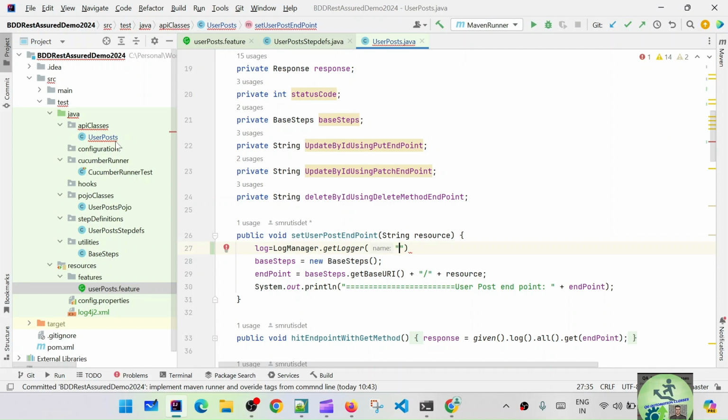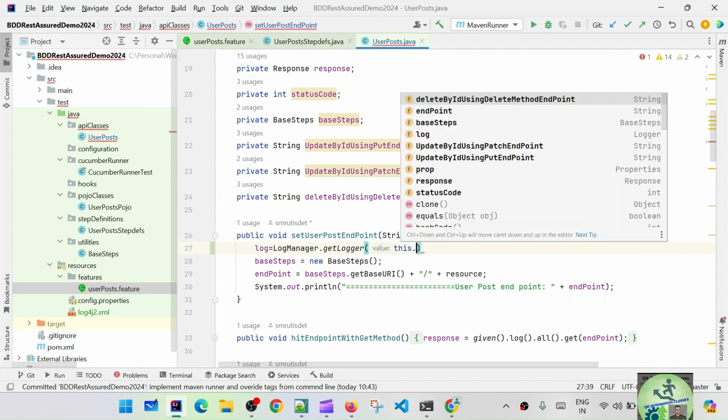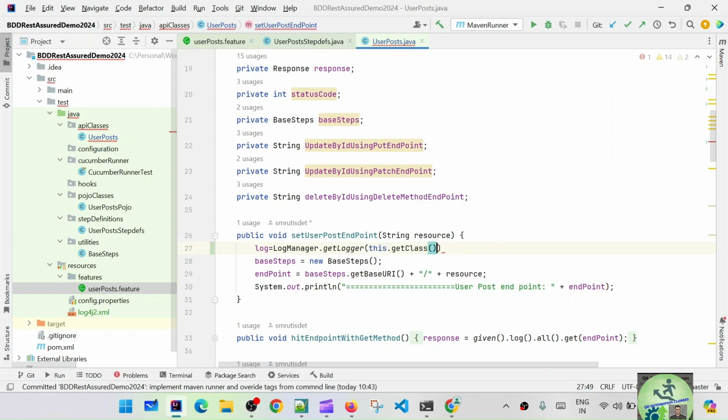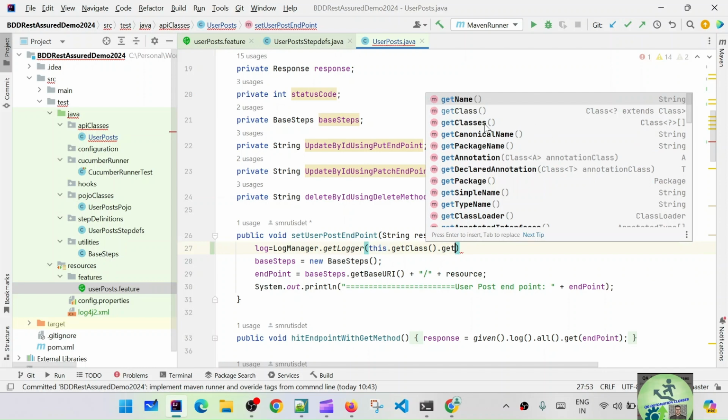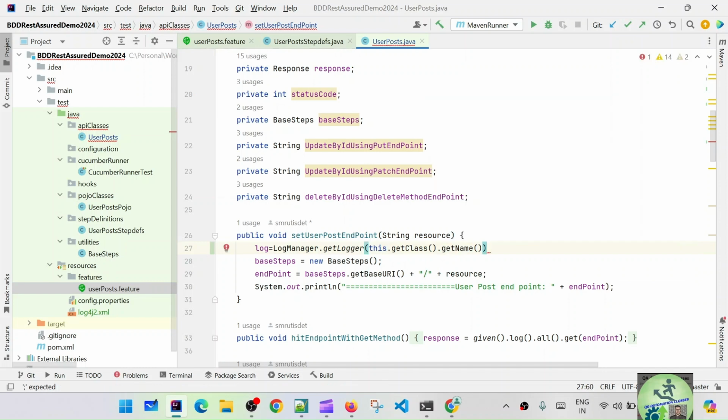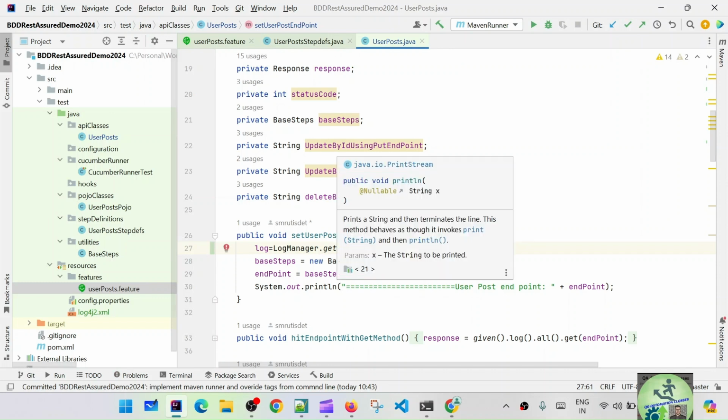So how to give it dynamically? You can say this dot getClass dot getName. Yeah, we can give both. Why am I giving double quotes? If you are giving the fully qualified name, then give double quotes. Otherwise, you give it like this: this dot getClass dot getName. Okay, fine. So it will dynamically capture that class name,